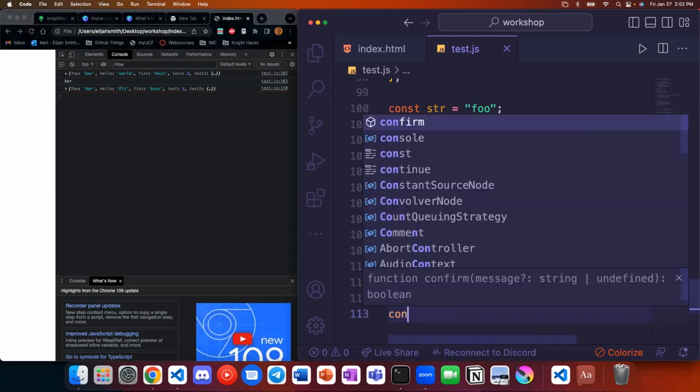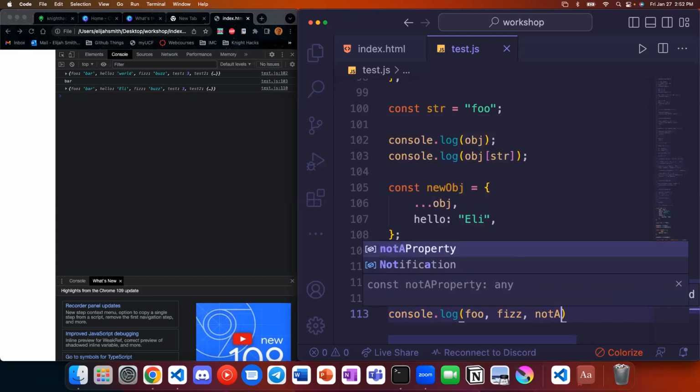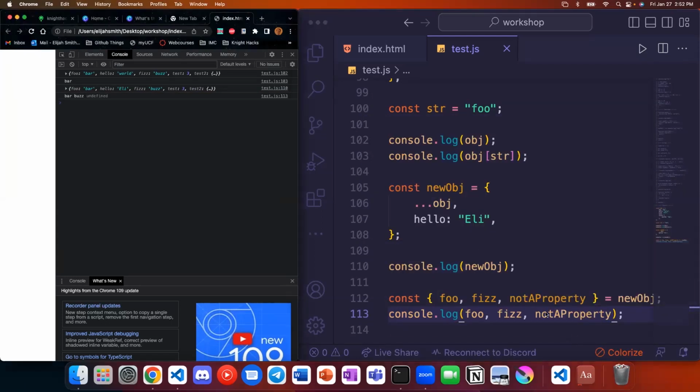Oop, then I need to console.log all of these. All right, and then we get foo bar, fizz buzz, not a property, undefined.